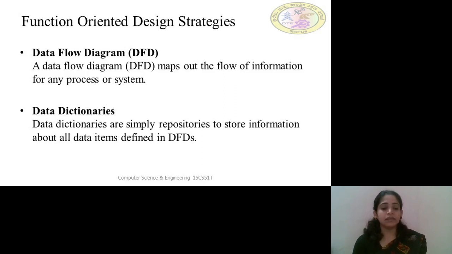This data flow diagram maps out the flow of information of any process or the system. As the name itself indicates, it clearly maps the way in which the information flows between any specified process or the system. It makes use of arrow marks to indicate how the information will be moved from one module to another, or one process to another process, or from one system to a subsystem.